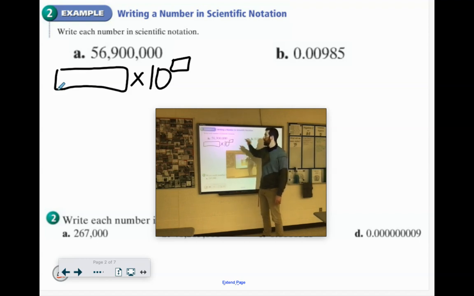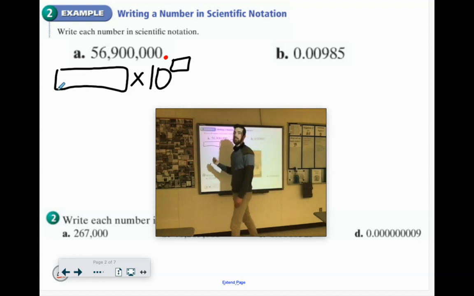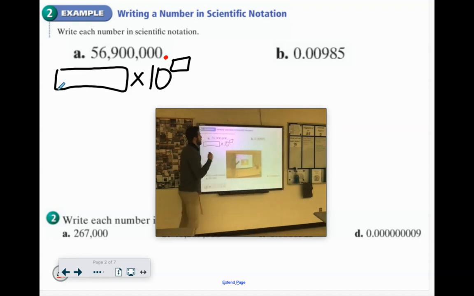So the decimal right now, this is 56,900,000. The decimal is technically right there, and there are infinite zeros behind it. But we need our number to be between 1 and 10. So where could I place the decimal in this to make it between 1 and 10? It would be right here. So it would become